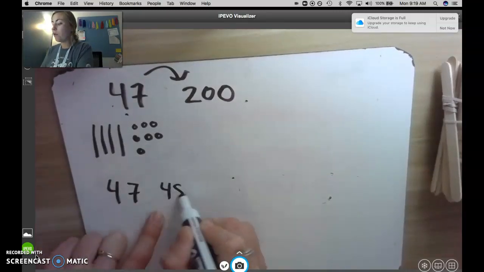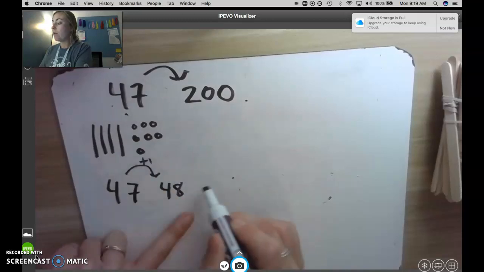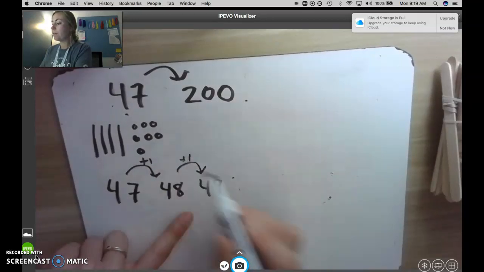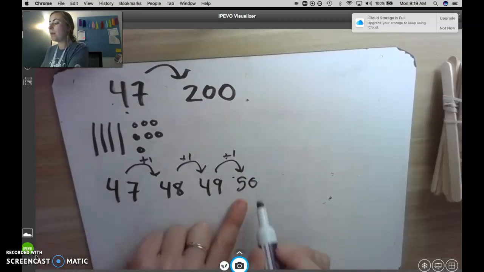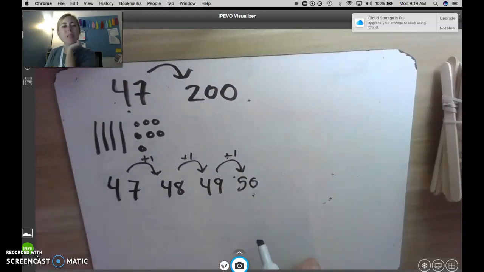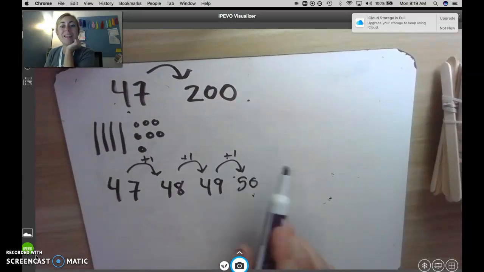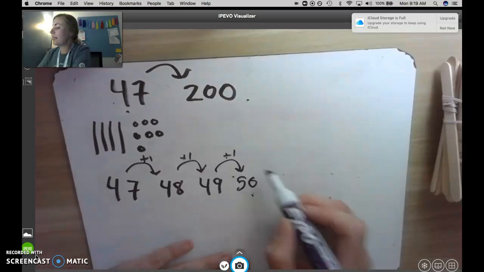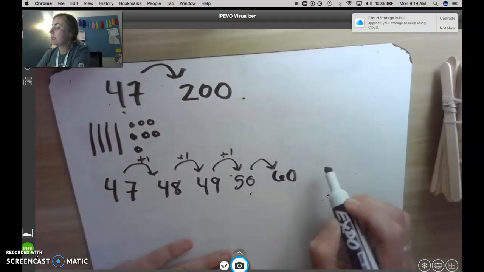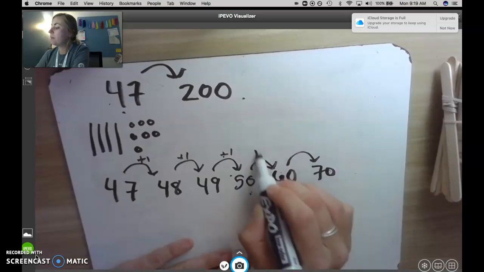47, 48, 49, 50. I added 1 each time. Now that I'm at 50, what would be the best way for me to get to my next big number? Think in your brain. Should I count by ones, tens, or hundreds? Count by tens. That's a great idea. 50, 60, 70,